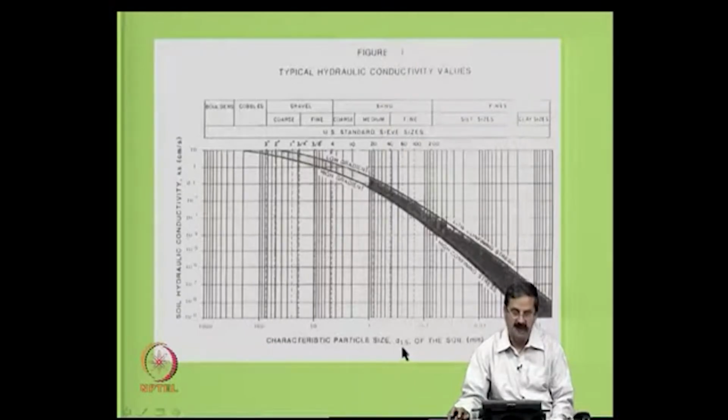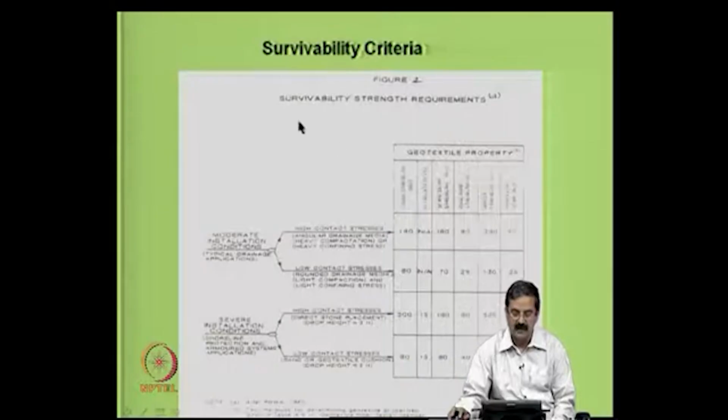So, D15, if you will know the permeability of the soil, because sometimes it is difficult to do experiments, and if you know the D15 size, one can do the filter design, because we need to have the filter permeability criteria. So, he also talks about survivability criteria, in which